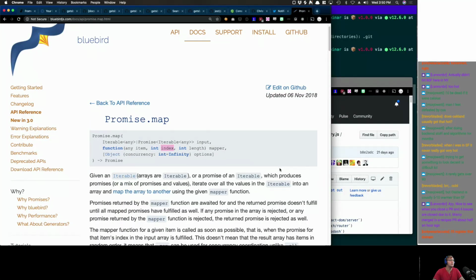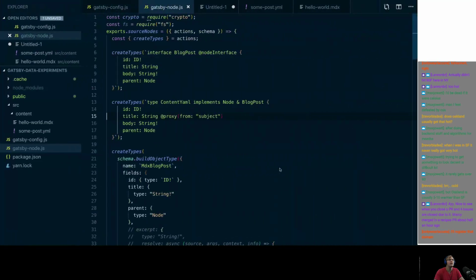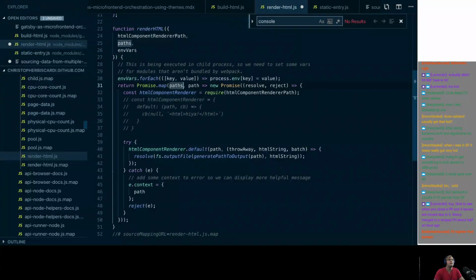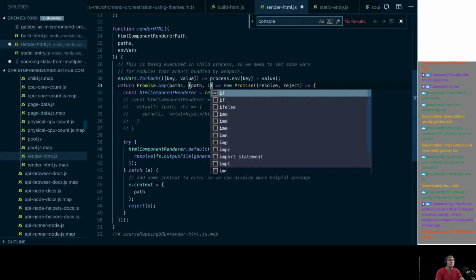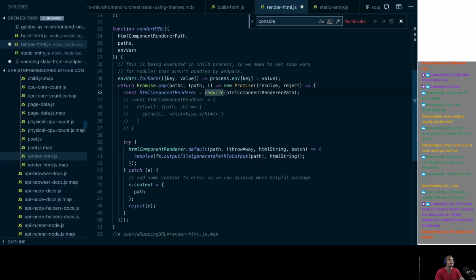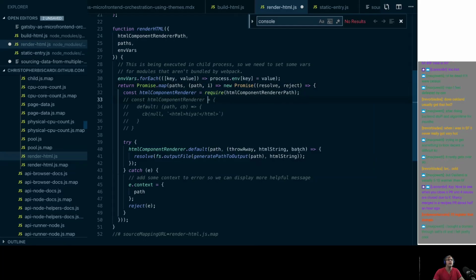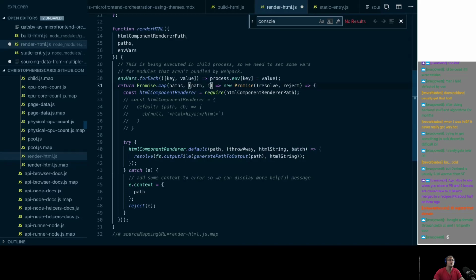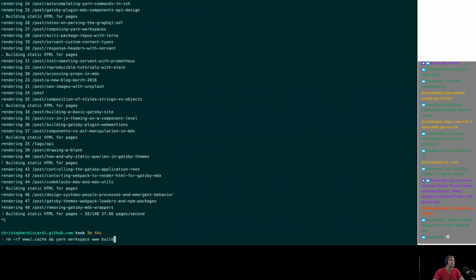An iterable or promise iterable, the value of any, then a callback function that takes the item, the index, and the length. So this is the item, the index, and this is going to be batch. So now when we run this,